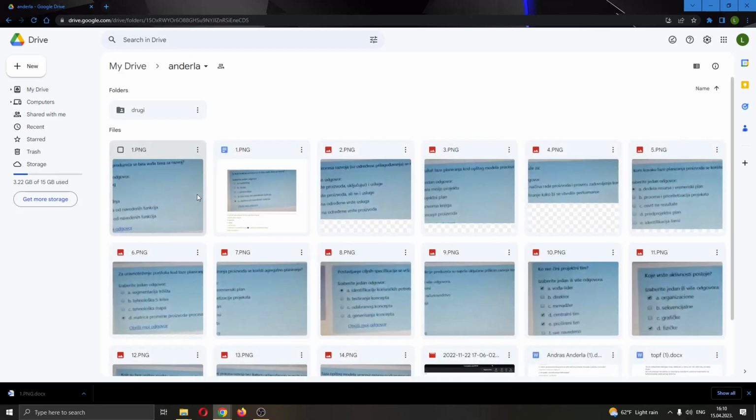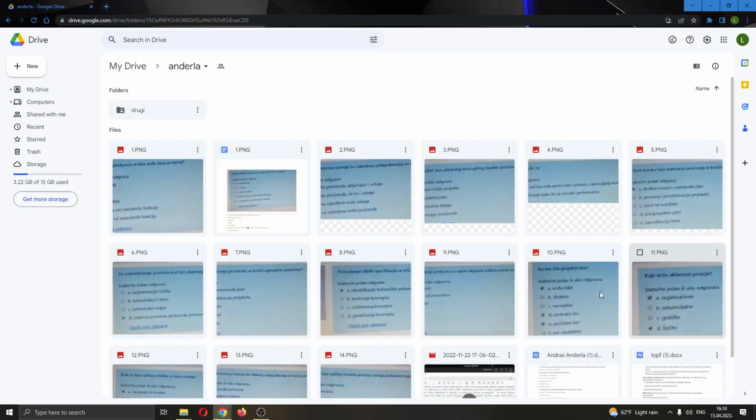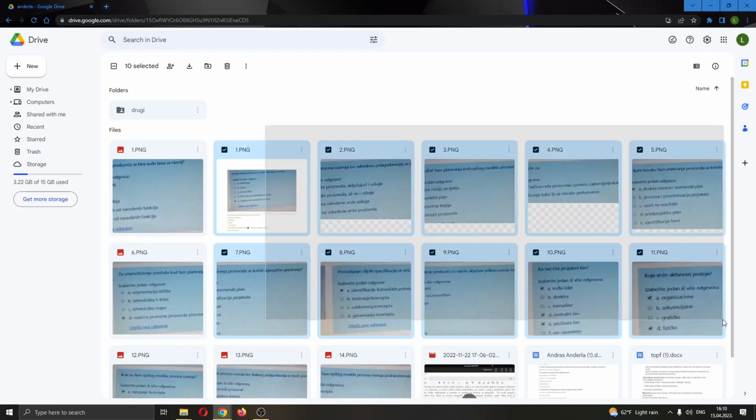But guys, let's say that we have a folder with multiple files. What we can do to download them all at once, so we do not have to pick one by one the files that we want to download, is we can go ahead and click anywhere and just drag across the files. We can select all of the files that we want to download,